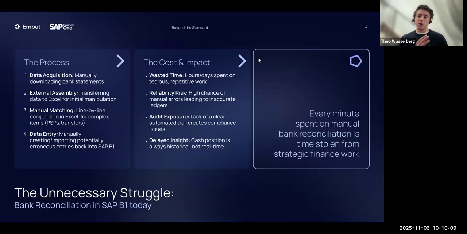And then lastly, the journal entries, the data entry is pretty manual, right? You're having to post those credits and debits, and you can waste huge amounts of time. There's a challenge around reliability. You've got a problem with audit there, which creates stress in the finance organization. And then, the biggest thing, the thing I talk about all the time, is it's not just painful from an operational perspective in terms of the time spent, but you've got real delay in the insight. You've got this big lag time between the cash position changing and really knowing what the cash position has changed to. And so if you can move into a world where you solve that, you get away from these huge time spends and the lack of insight around cash.